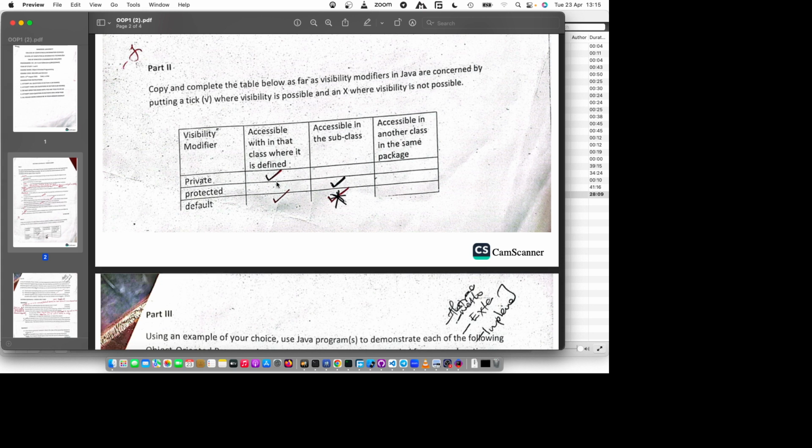Let me just try to demonstrate it with code. So on this column we have the visibility modifiers, and these other columns are where we are supposed to put a tick or not. So private, accessible within that class where it is defined. This is true